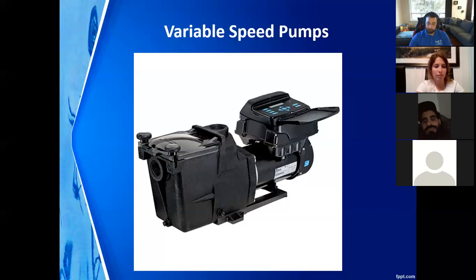or if it's being used at a high bather load. So let's say a Saturday afternoon, you have a party, you want it on high speed. So let's call that 5 hours. But all the other times they're dialing it back to maybe half the speed, just enough to adequately run their devices. Another good point about the variable speeds, if you have a cartridge filter, and the filter is